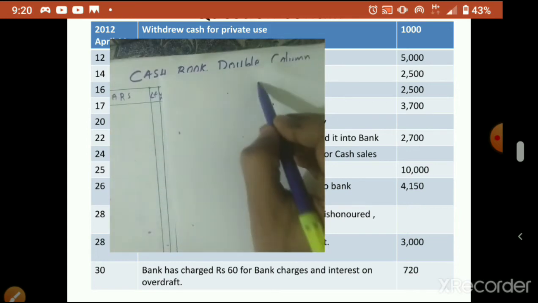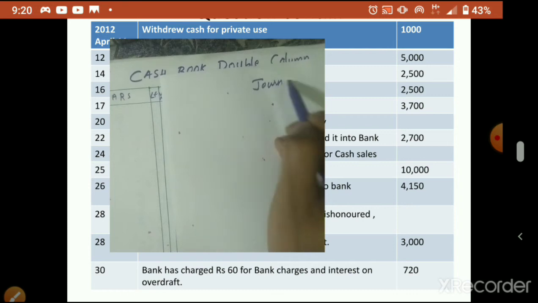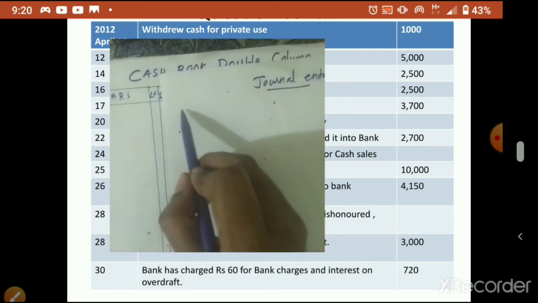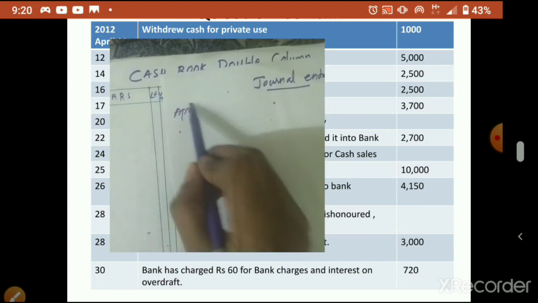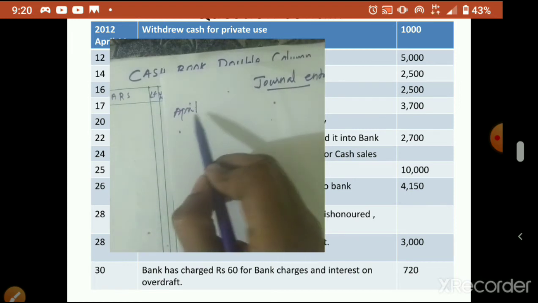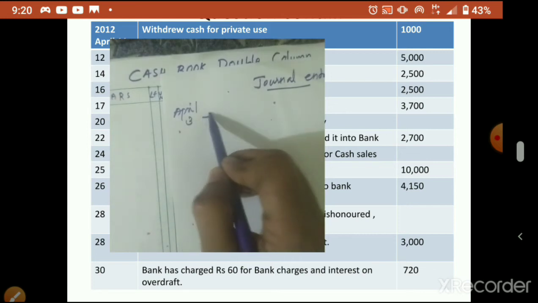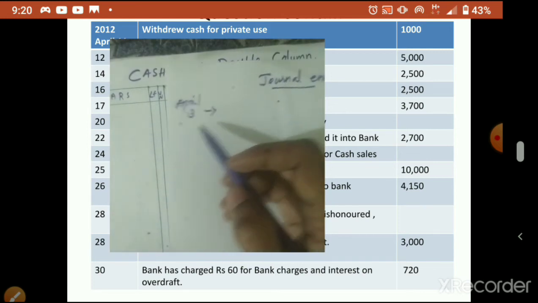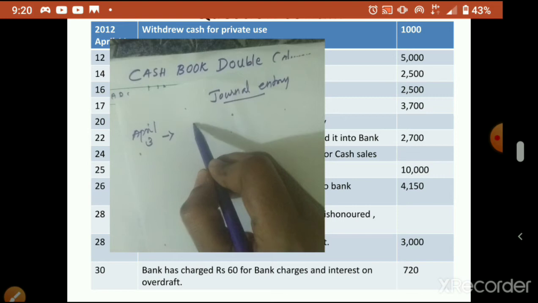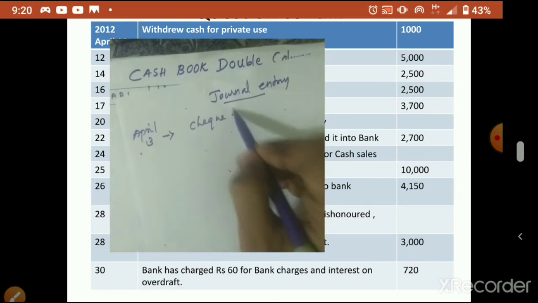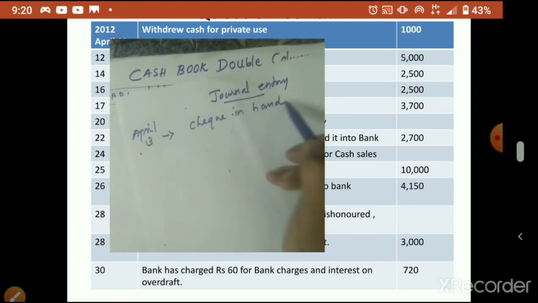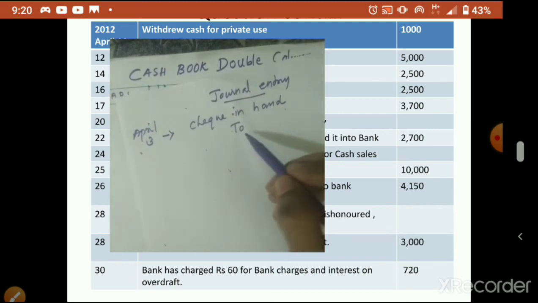So on third, what you have to write, a separate journal entry you have to pass, because the check you received from Vinod was not deposited that day, the next day only deposited. So on April 3rd, what we write, journal entry you have to pass. What we write, check in hand. So this you should not write in the cash book, because cash is not involved that day. Check in hand account debtor to Vinod.